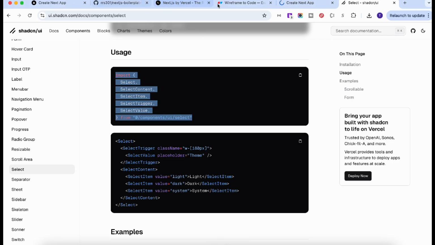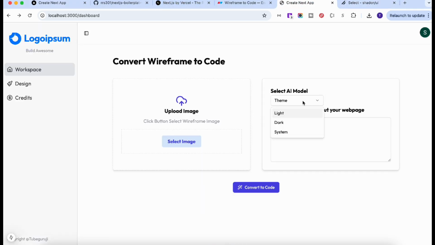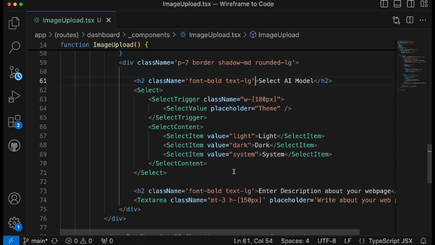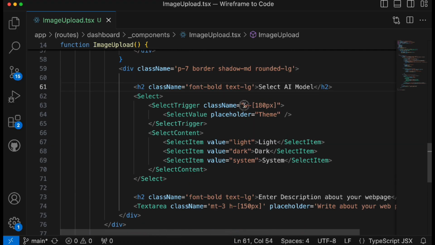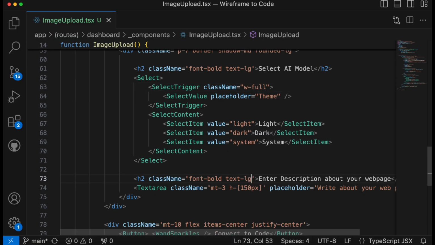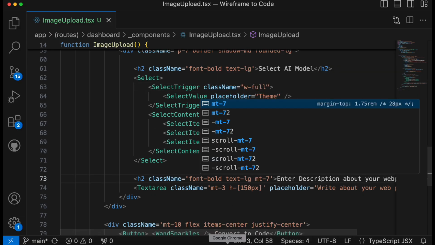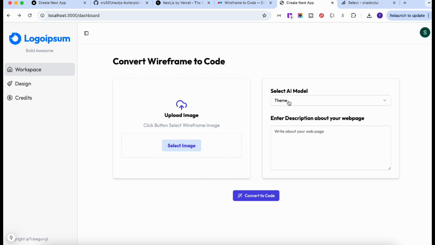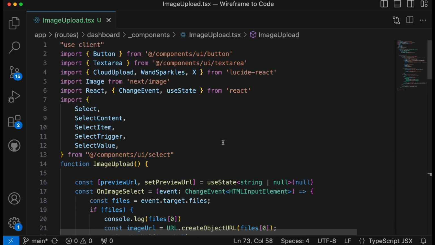Now if I go back to our application, let's see how it looks. So this is how it will look like. You can extend the width of this selector, so I will just make sure to provide it as full. Okay, something like this. For this h2 tag, let's give margin top 7, so some space. Now the next thing, we need to add the value inside that. So over here,